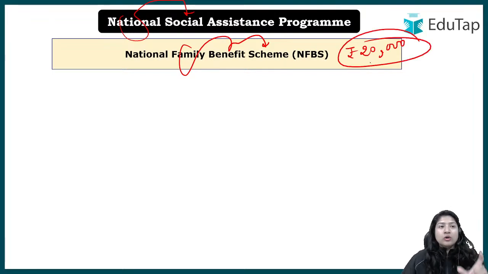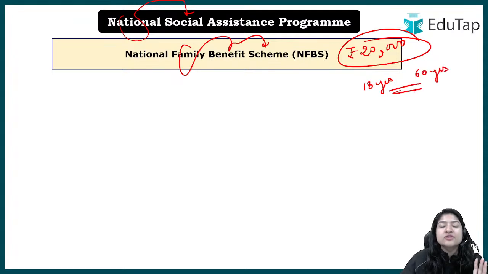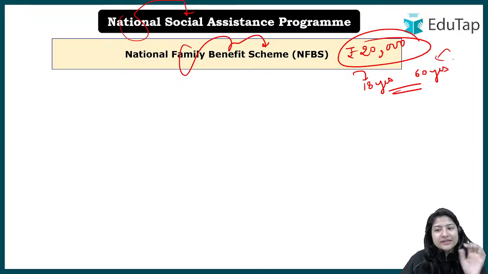Okay, now the breadwinner who has died should be between age 18 years to 60 years. Why? Because again the person will start working legally in India when he reaches 18 years, and 60 years is anyway the retirement age in India. So if any breadwinner was 65 years, 70 years old who was working and everybody was dependent on them, that person, irrespective of this, they will not get the benefit under the scheme. Why? Because in India 60 years is the retirement age, 18 years is the legally working age.